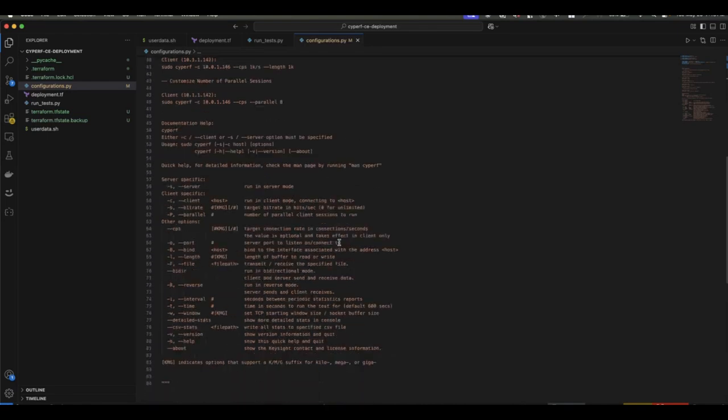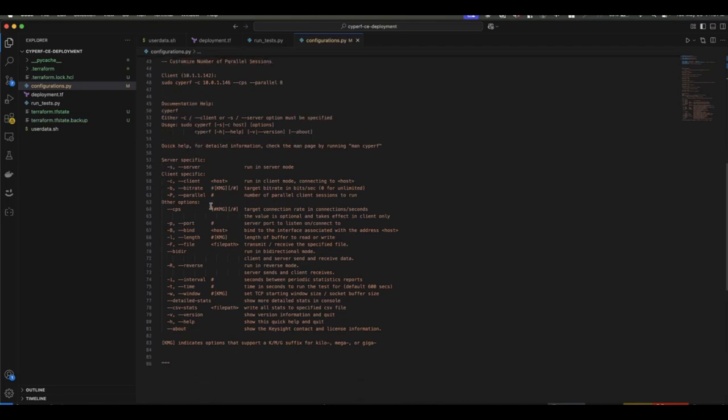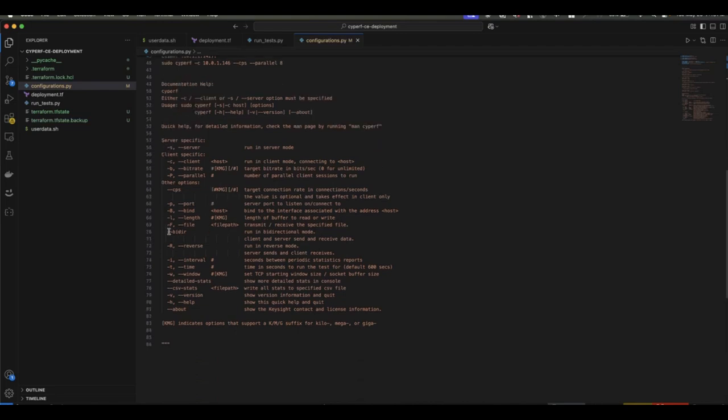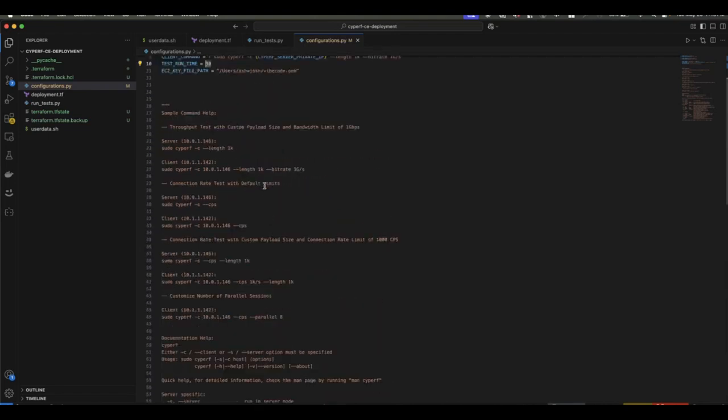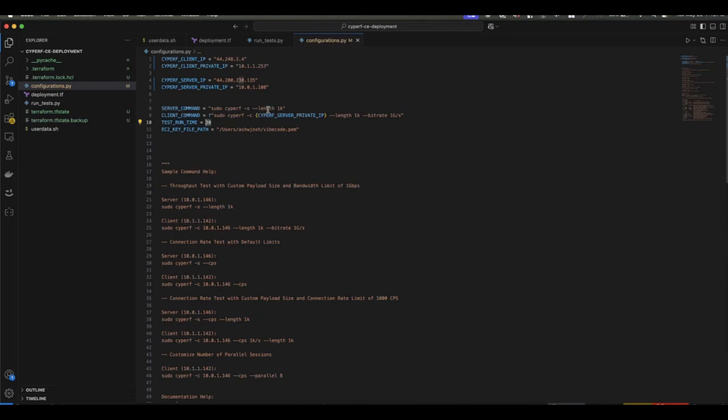Along with that, here is the help of Cyperf. So you can choose options like I want to run bidirectional traffic, or instead of client to server, I want to run from server to client. So just take a look at these options. And based on that, all you need to do is change the server commands and the client commands. Usually they occur in pairs, right? And once you have done this,